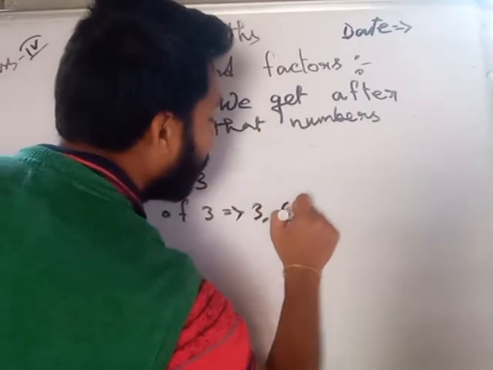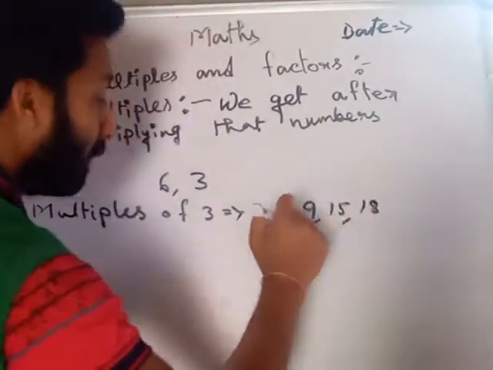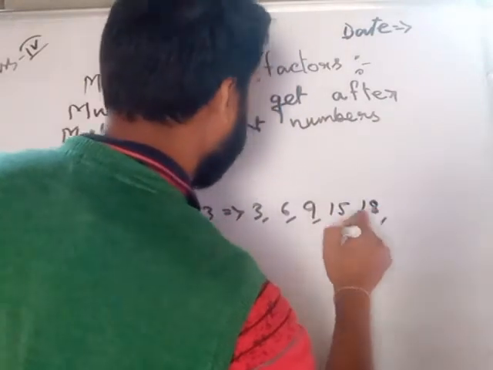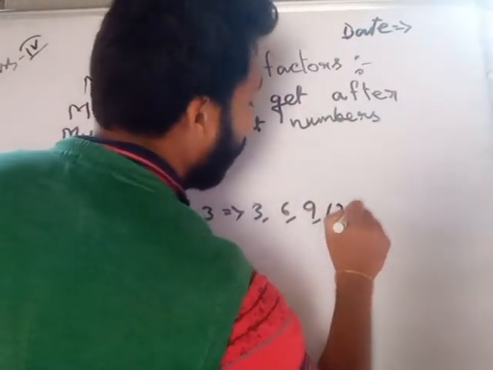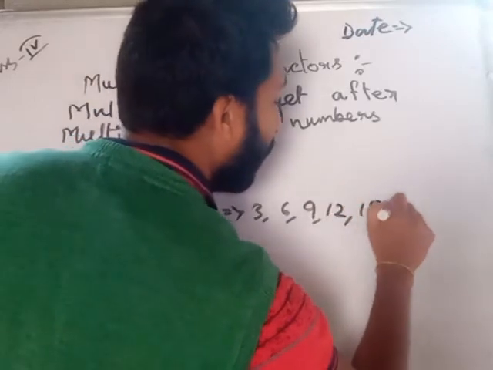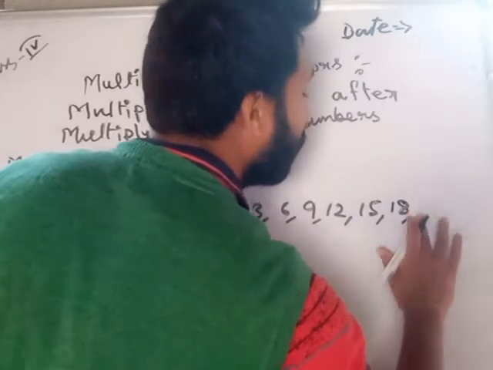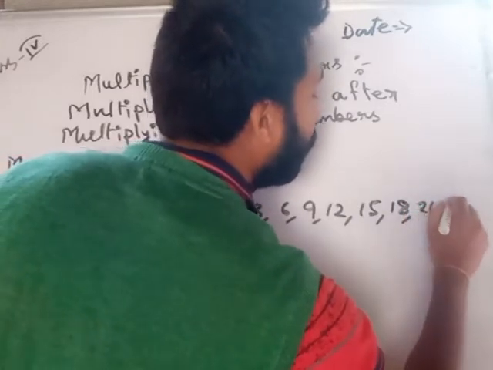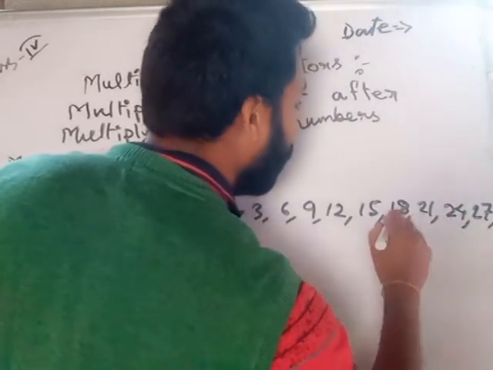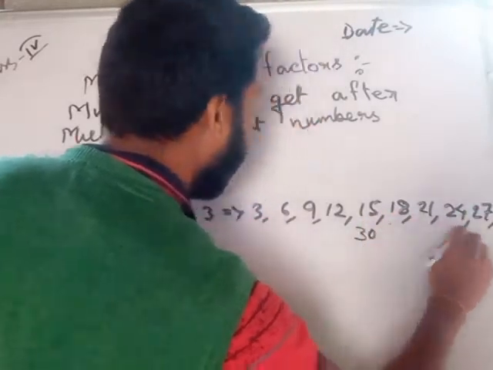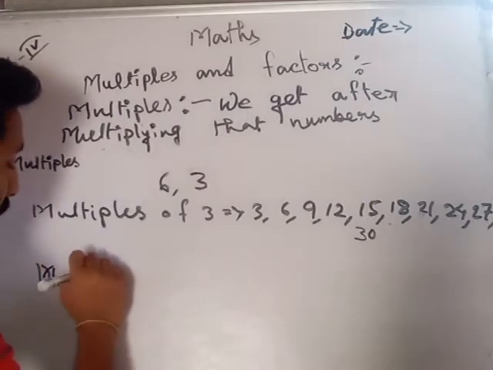3, 6, 9, 12, 15, 18. Sorry, mistake over here: 3 5s are 15, 3 6s are 18, 3 7s are 21, 3 8s are 24, 3 9s are 27, 3 10s are 30, and so on. Next, we will write multiples